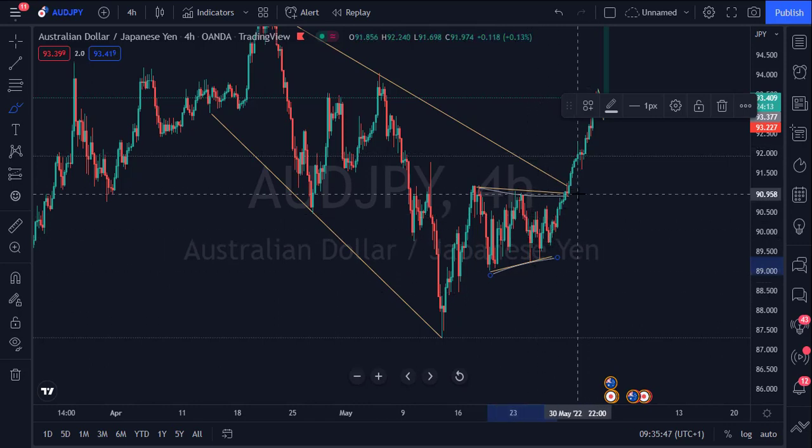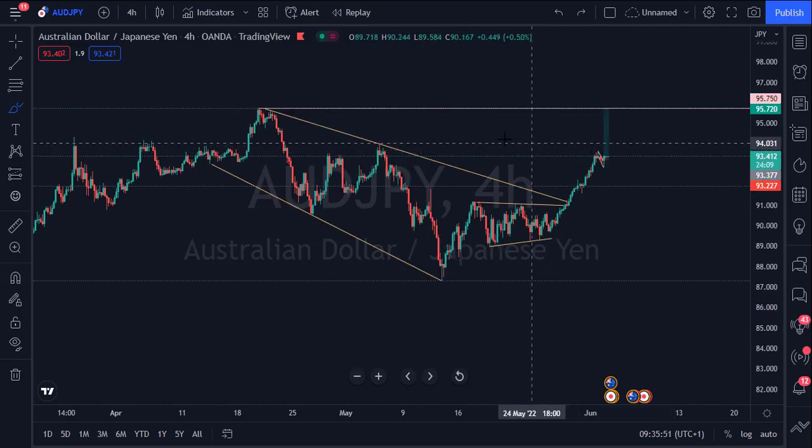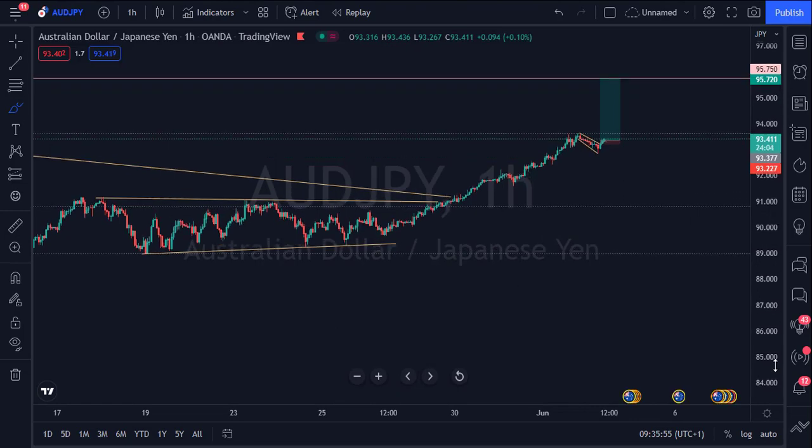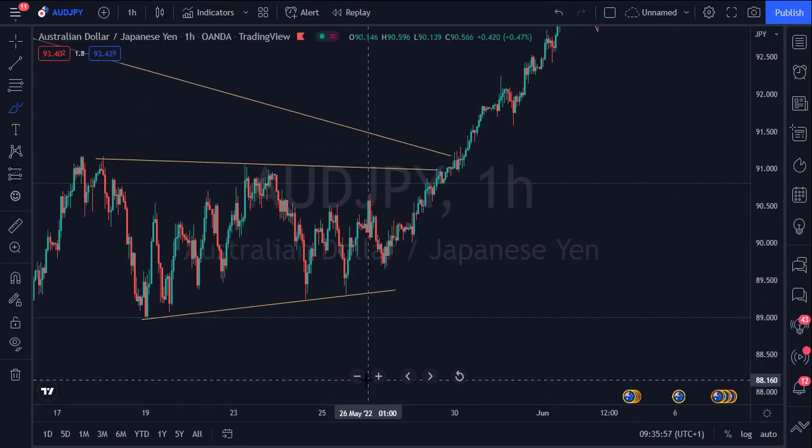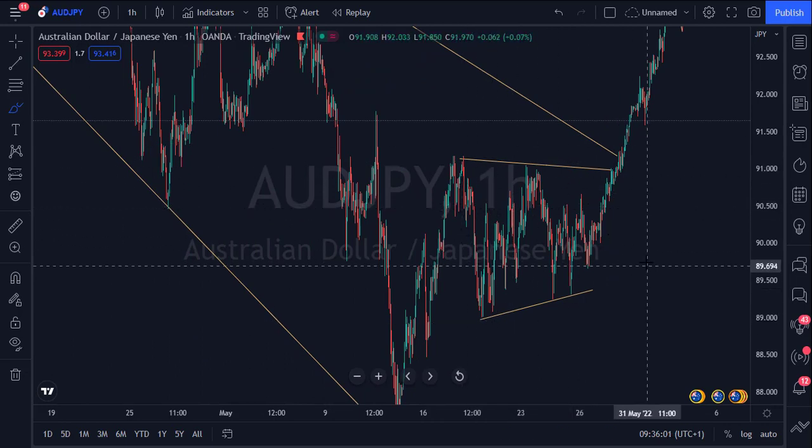Another impulse. Okay, so you expect another impulse. After a correction, there should be an impulse. Let's go down to the 1 hour now. So on the 1 hour time frame, the moment I saw that this correction was broken, now the market broke